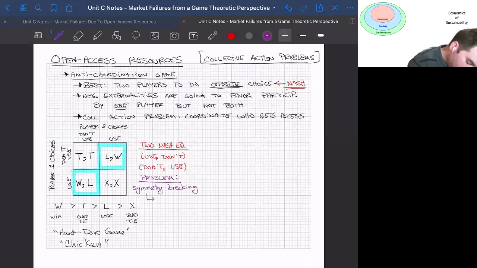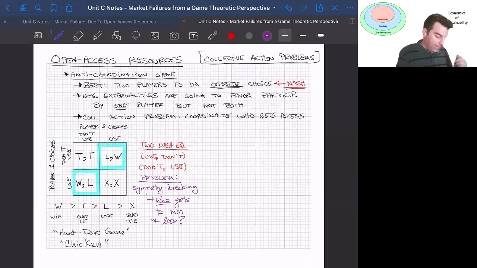Or in other words, who gets to win and lose. So how do you determine that? Because these two Nash equilibria are symmetric. Now, without a coordinating entity, without a third party, a culture, something like that, then you know, one solution